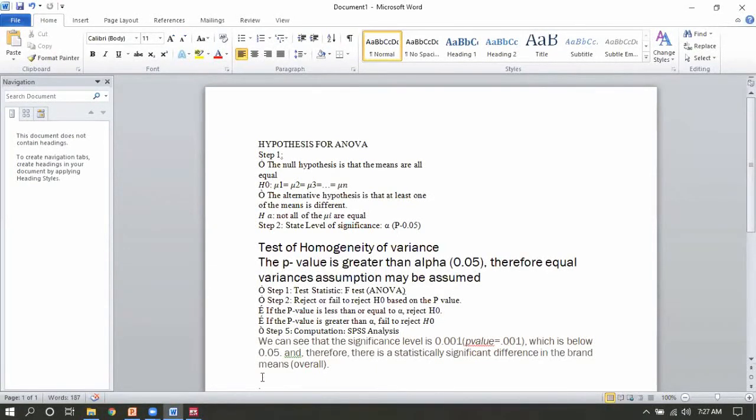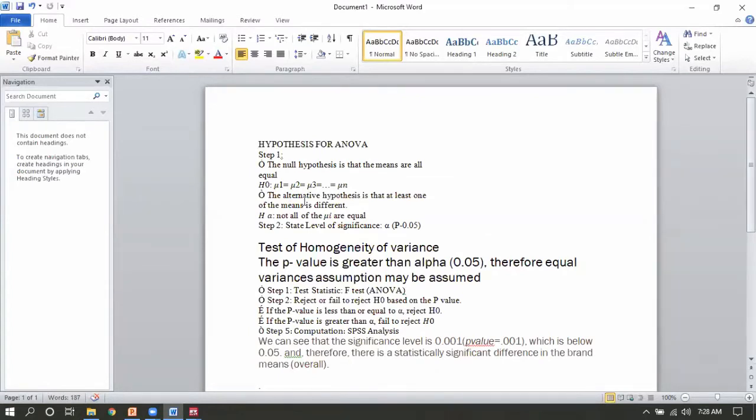This means the p-value is greater than alpha, so we assume there is no variation found in our data. Now for that, we have placed the two hypotheses: the null hypothesis, that all means are equal, and the alternate hypothesis, that at least one mean differs, or all means are not equal.